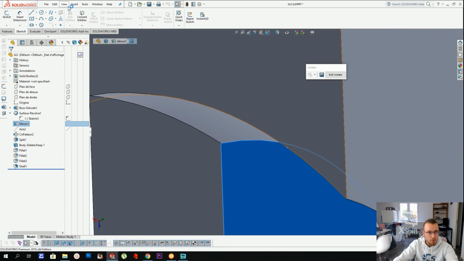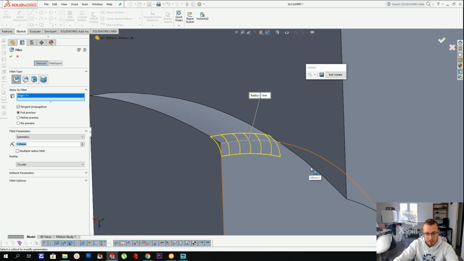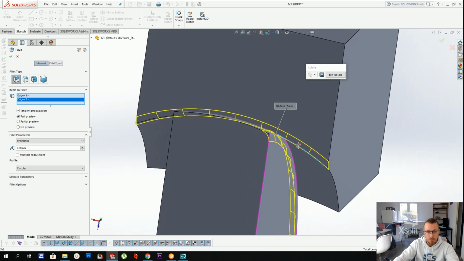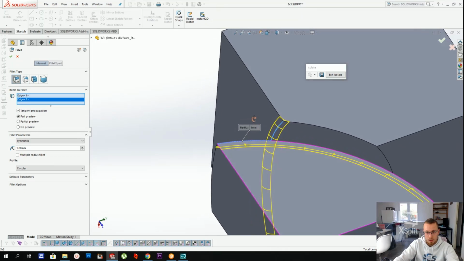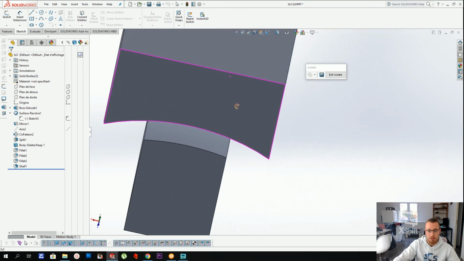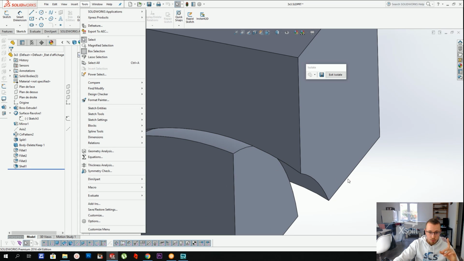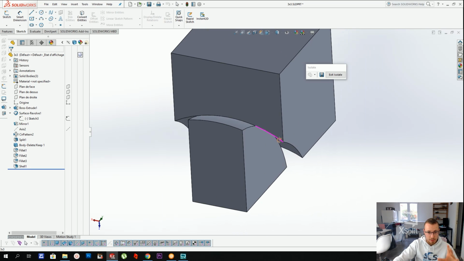It's going to have trouble recognizing, so let's just insert a fillet. It's going to have trouble recognizing which edge takes over. So you see here, there's a bit of a bug in SolidWorks, and you can't really expect the machine to understand that because it's a very complex shape. So what you do in these cases, that's a very good tip to help you not have any issues with